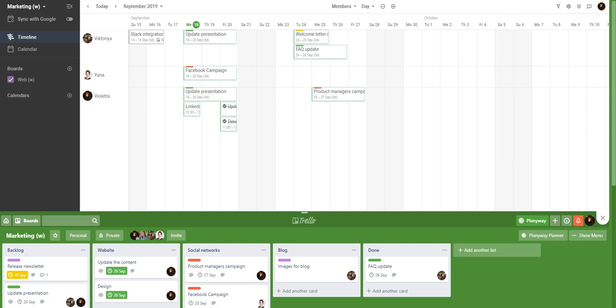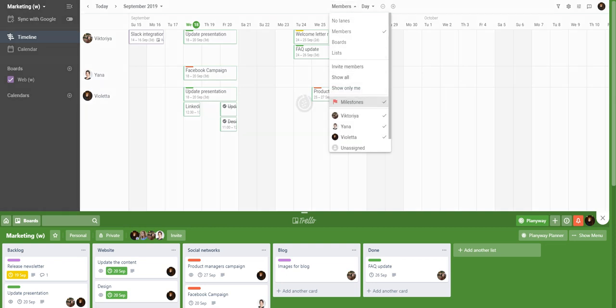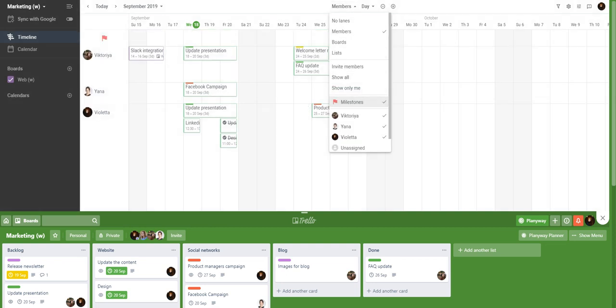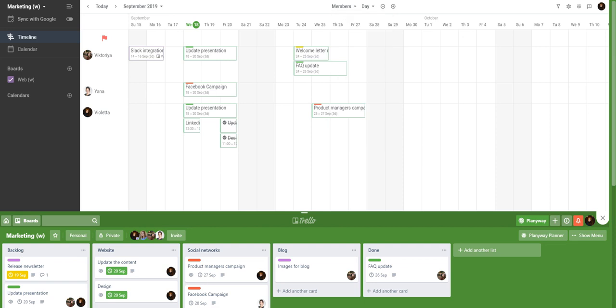Now let's talk about milestones. Milestones will help you a lot in terms of setting deadlines, which is really crucial, as in most cases your teams have them, and it's great to have them in Planyway too. Once you choose milestones, you have to do it here. It appears above all your team members or boards if you have boards here, and it has a separate lane, the first one. You can click any place where you want to put the deadline,